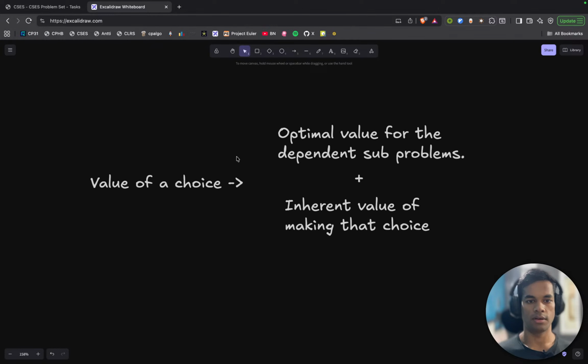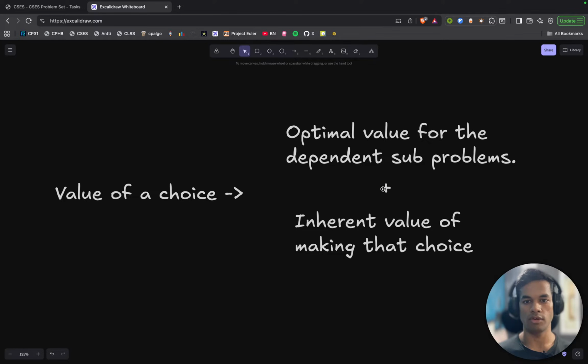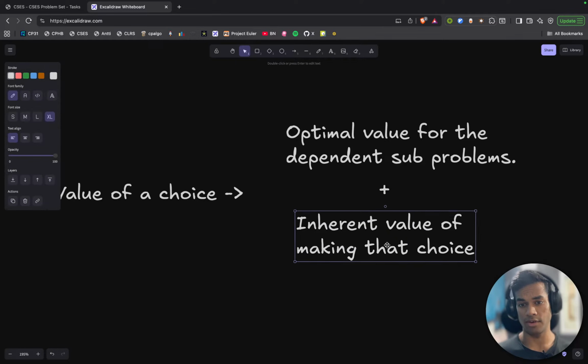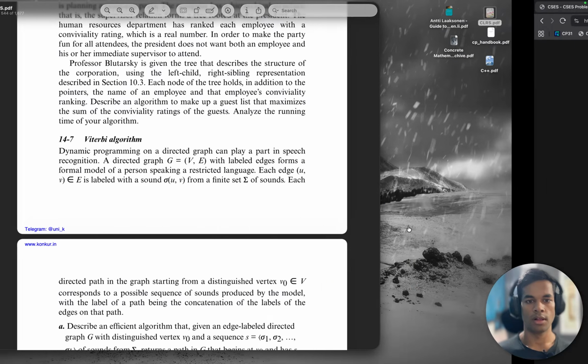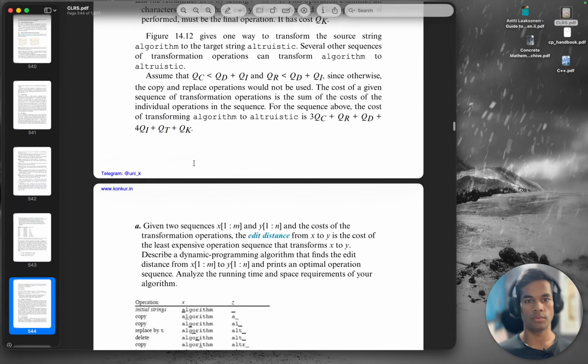And yeah, the value of making a choice: the optimal value for the dependent subproblems, and the inherent value of making that choice. Those are the things that the value of your current choice depends on. And now moving on to this thing,